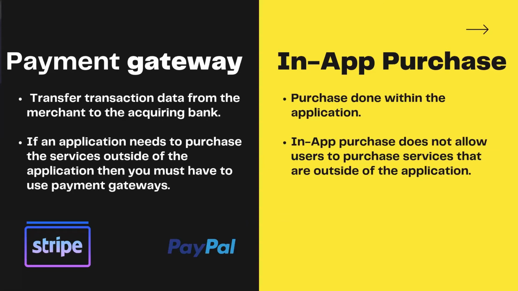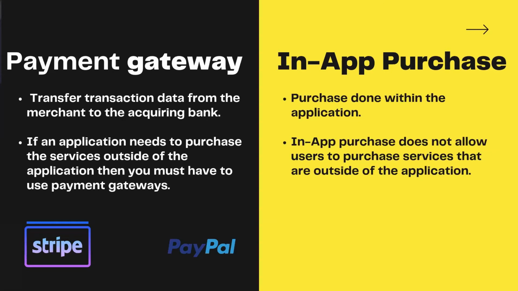This software serves as an interface between the payment gateway, the merchant website, and any acquiring bank. In simple words, a payment gateway lets you accept the credit card payment a person is using for any online payment, maybe for transferring their money from one source to another. But in-app purchase refers to buying goods and services from inside an application on your mobile device or tablet only. So that would be the major difference between both of them.